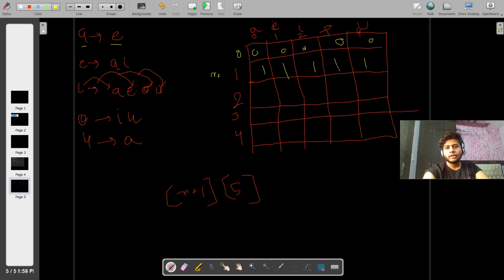For the second, there is the thing you have to understand: A can only come with E. After A there can be only E, but E has already been done. So what will we do here? Let's see, after which characters can A come, and we make an array of that. Why? Because for n equals 2, we have to add a character after the previous number. What was the previous number? The past number was E, A. So after A we have to add a character, and we will find out from here which character we can add after A.